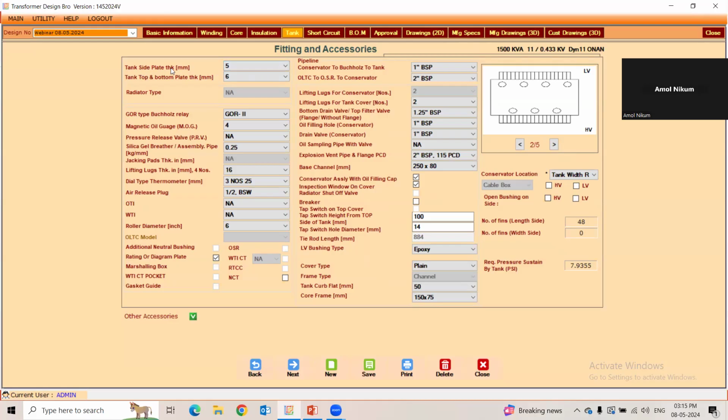You can see the tank side plate and bottom plate thickness suggested by the software based on the core coil assembly weight. And again, you have an option to choose the thicknesses, and based on that, the mechanical weight may vary. Then GOR type, magnetic oil gauge, all these fittings and accessories are available here. Whatever you're choosing here, the same will be reflected in the bill of material as well as in GTP and